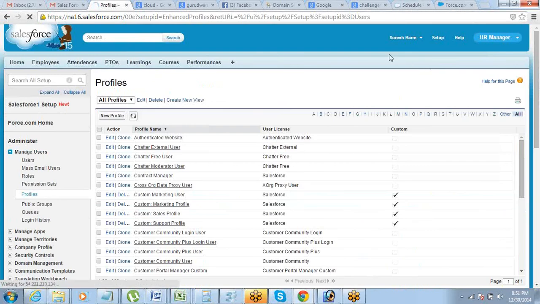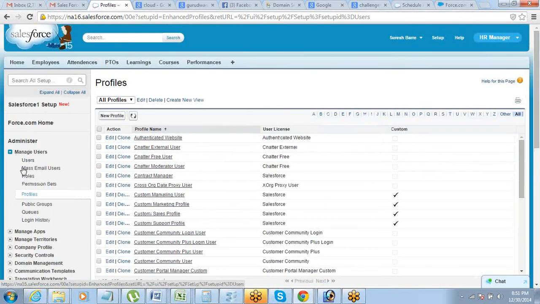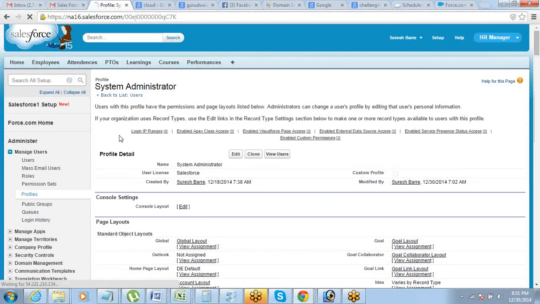Now the profile of the current user, the user you created your Salesforce account with. What is the profile that user is having? You can just go to the users, and in the list of users you can easily see which user is having which profile. Like now this Suresh, he has a system administrator profile. Now if I want to change something for Suresh, definitely I'll have to go and change it for his profile. So I'll come to this list, click on his profile, and I can go from here also. I do not always have to go from the list of profiles.